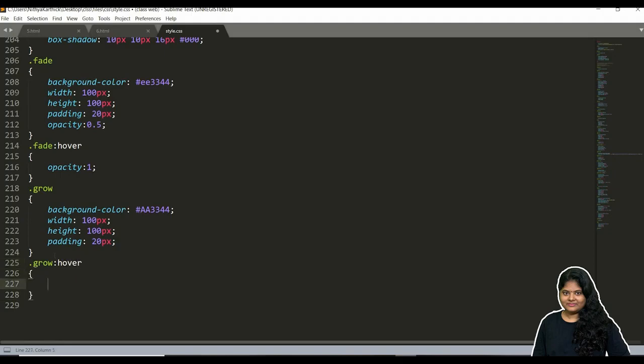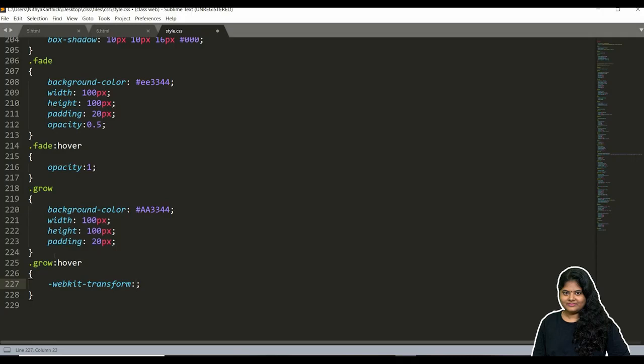When I hover, hyphen webkit. So this is very new for you. Webkit transform. Webkit transform means the transformation effect which I am going to give now should be applicable when the website is opened in Chrome or Safari.